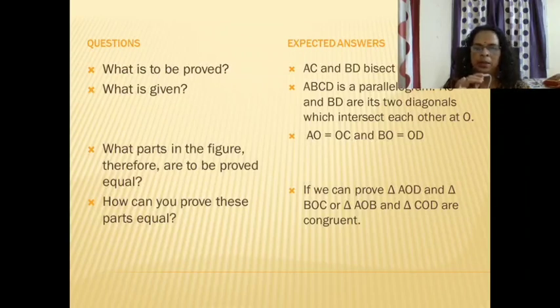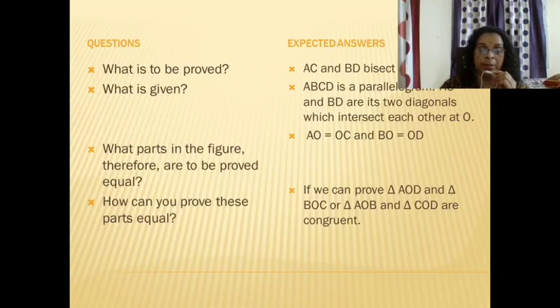So they will think about different hypotheses. They will say if we can prove triangle AOD and triangle BOC, or triangle AOB and triangle COD, are congruent. Suppose they do not say the answer, you can ask more questions so that they can come to the answer. And in order to prove two triangles are congruent,